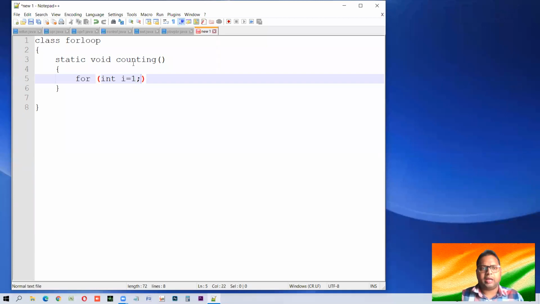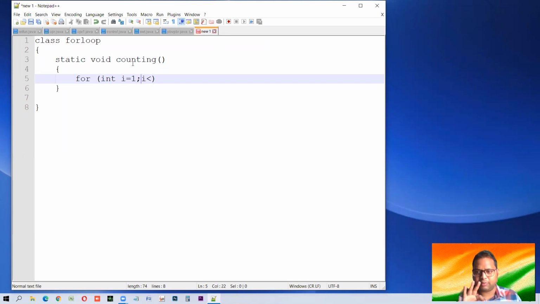Then I'm giving a semicolon, which is part of the rule. After the semicolon, the next part begins.